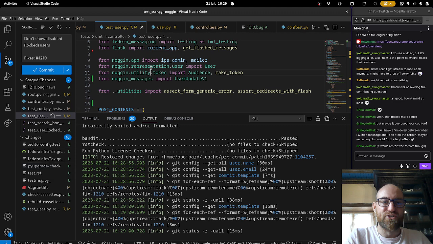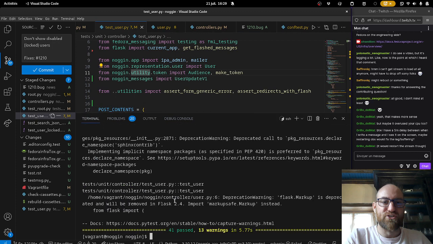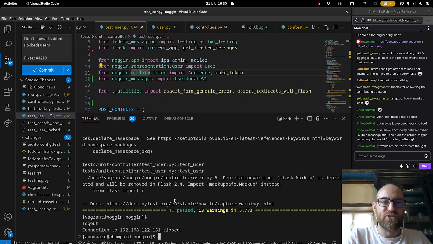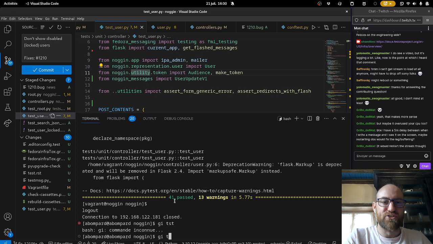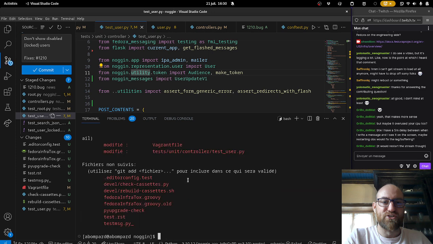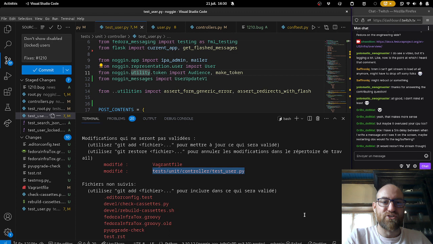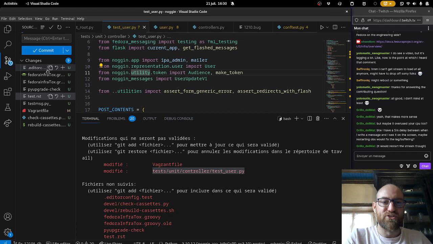So if I run isort on this, oh, you know what? I should try that first. Let me get out of the Vagrant VM. Let me try to run isort on this. Oh! Or maybe I just need to do that. It has changed things, and now I need to rerun it again. Is it gonna work? Who knows? And it works. Okay, no need to fiddle too much.